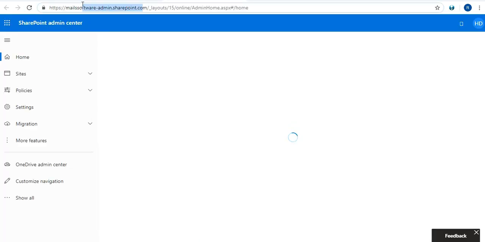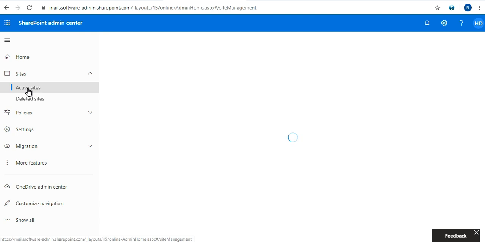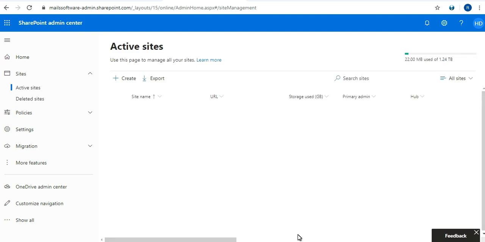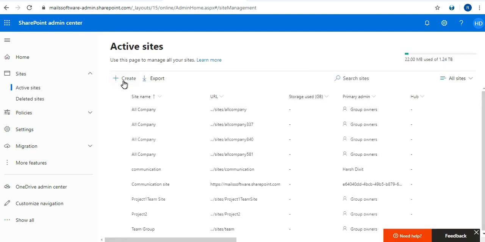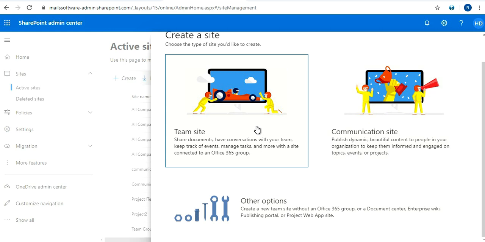From this SharePoint admin center, you will need to expand the sites tab and click on active sites. From active sites, click on the create button, and then you can choose team site from there, and along with that you will need to click on this other option.